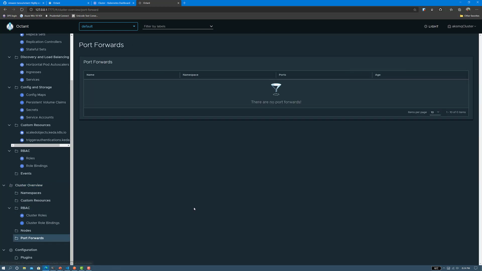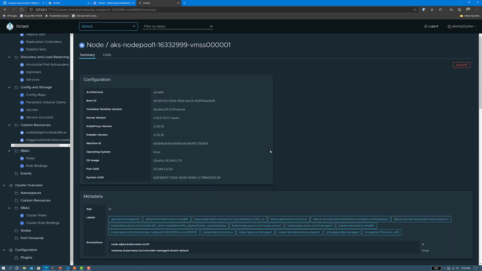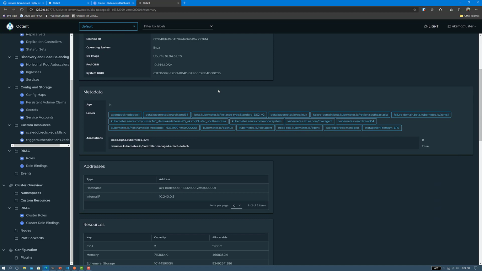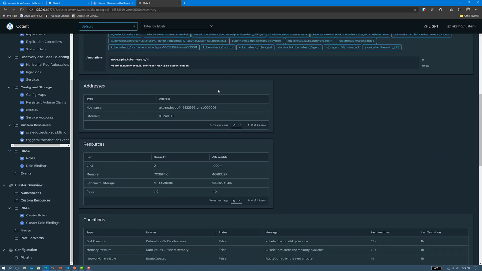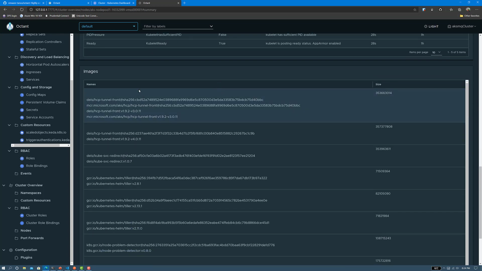It also has all the port forwarding. If there was any port forwarded, we would see it here. In case of nodes, again, when we go into the node state, the information is similar to the objects that we saw with pods or replica sets. So very well organized in terms of the images that are deployed onto that particular node. Again, we can see the sizes of those images, the labels or the names associated with those images, and on